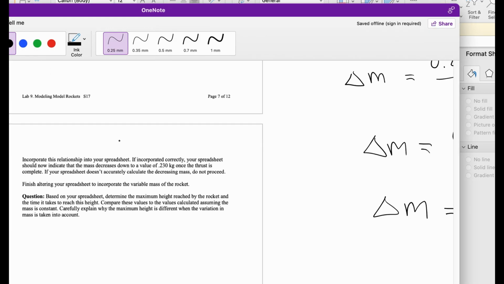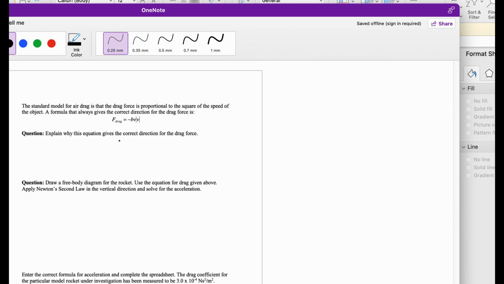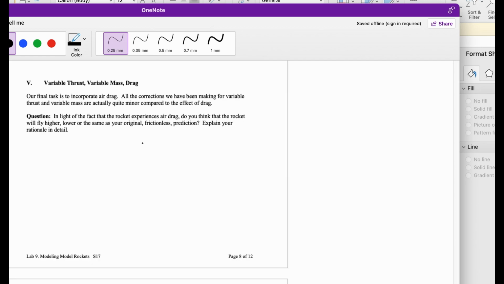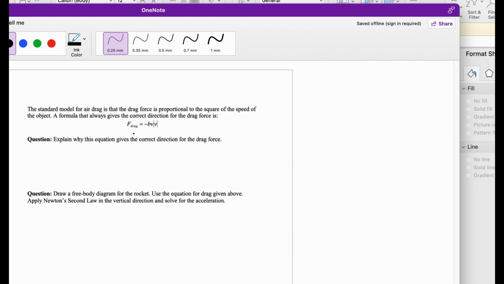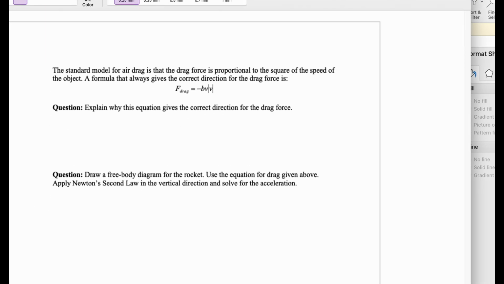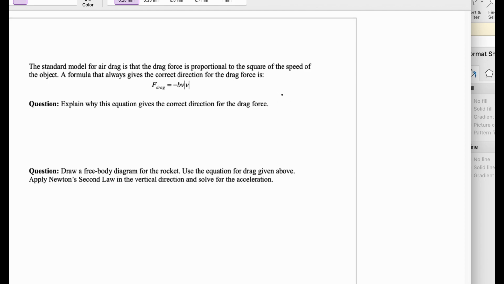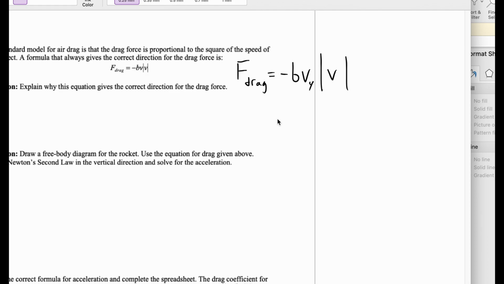Let's see, they also want drag included. Alright, so now we're going to include drag, using this formula, that the drag force can be given by negative BV times the absolute value of V. They mean for a sign to be included there. When I write this formula, personally, I put a little Y on there. This could be positive or negative,